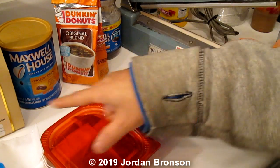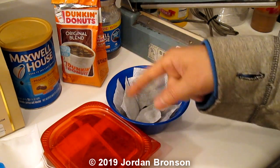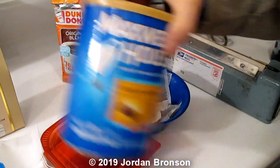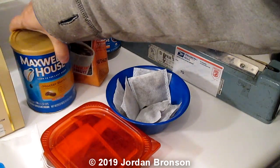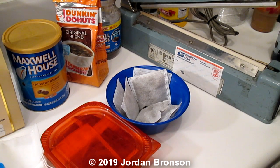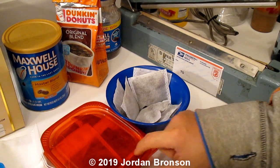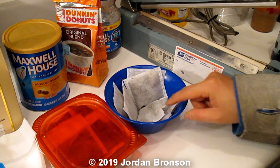And then you have to choose your coffee, of course. My gram loves the Maxwell House brand, and she likes the light one. I don't. I like the dark roasted. But anyway,